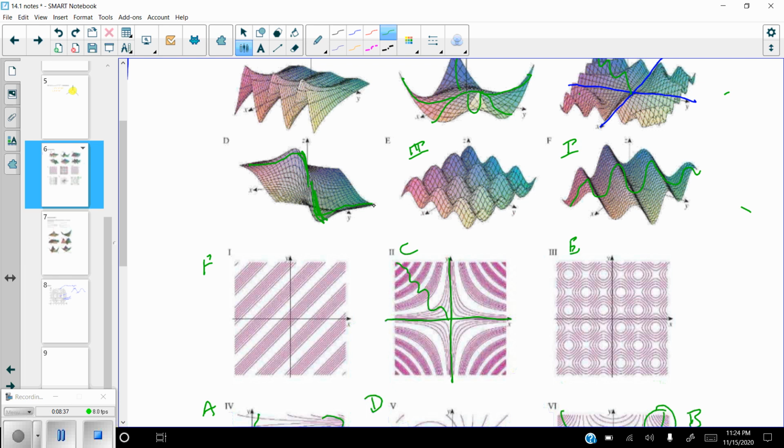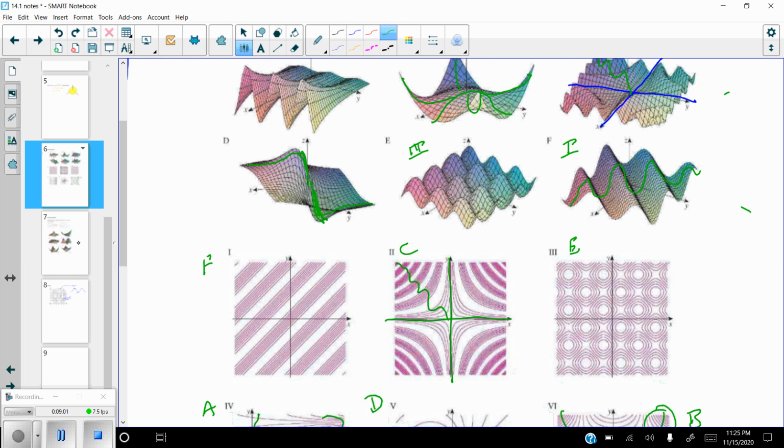It does take some practice as far as these are concerned. But again, the main concept I want you to get out of this is the closer the lines are together, the steeper it gets, either up or down, doesn't matter. And then the more spread out they are, the more level or the more gradual any kind of a change is going to be. All right, let's try